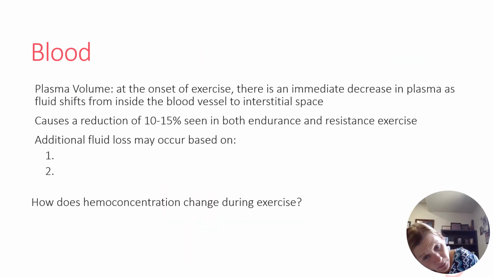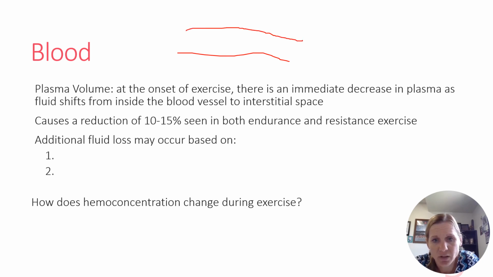Okay, so let's talk about blood. We already talked briefly in class that blood will be modified with exercise during that acute exercise. So we will see an immediate shift in blood volume. Let me get my little marker up here. So plasma volume is going to shift out. If here's my blood vessel, essentially when we start exercising, we increase the pressure, and we're going to have plasma volume shift out of the blood.